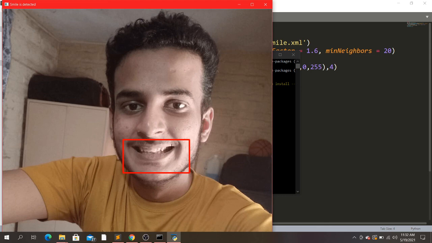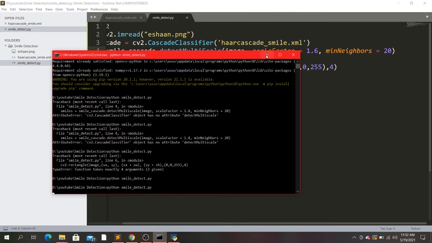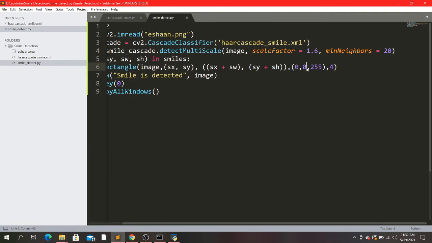If you don't like this color, you can change it. I'll write here 255 and here 0, and I will increase the width of the strip of the rectangle from 4 to 10.